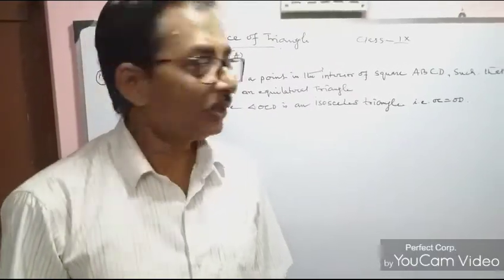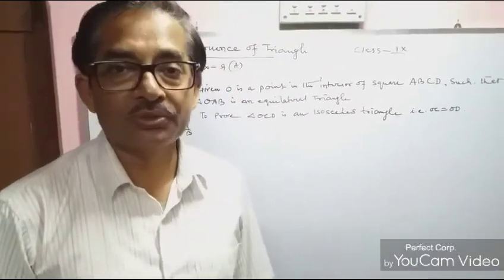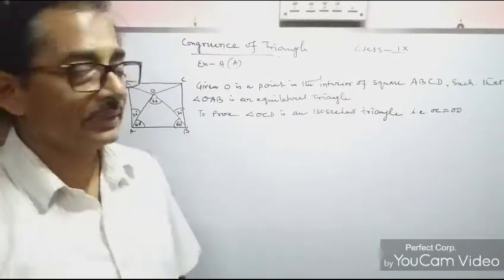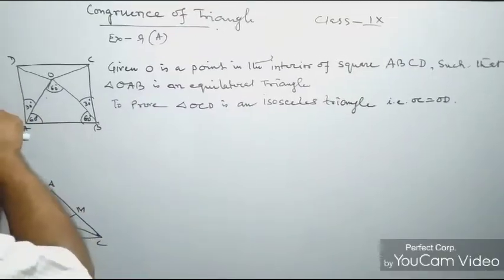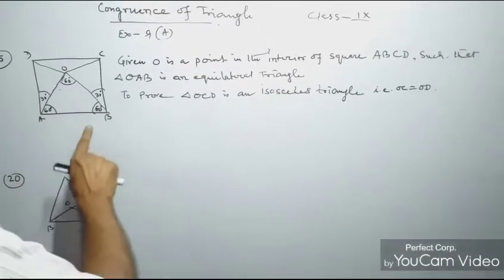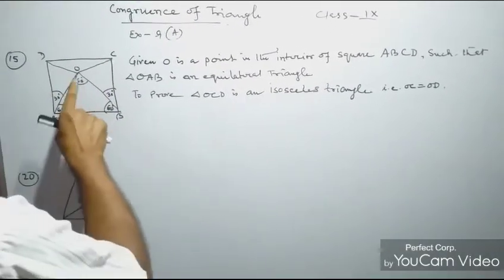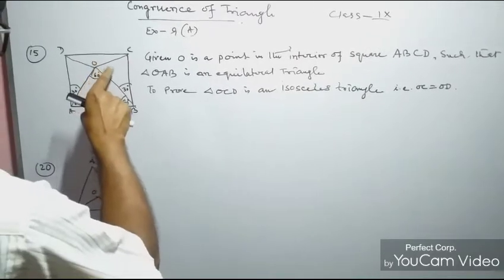Hello students, in today's video we are also going to solve some problems from the same exercise, that is 9a, congruence of triangles. Let's start. Number 15, this is given: ABCD is a square and inside it a point, interior O, is